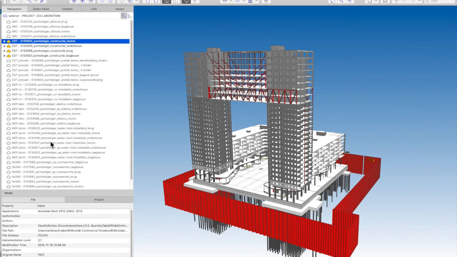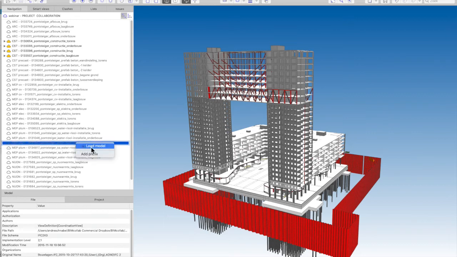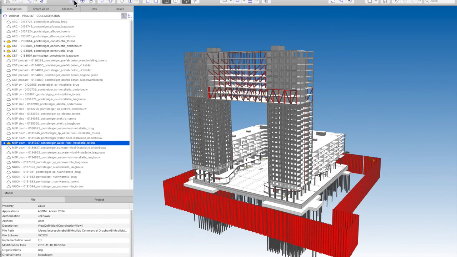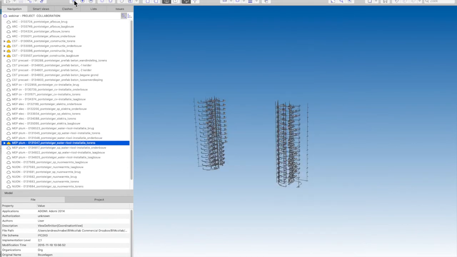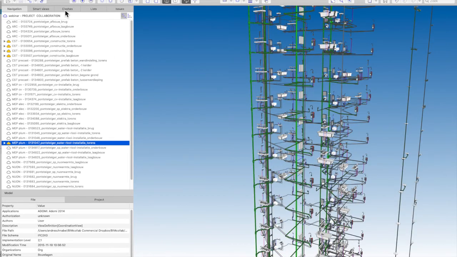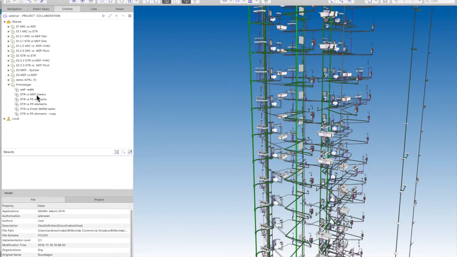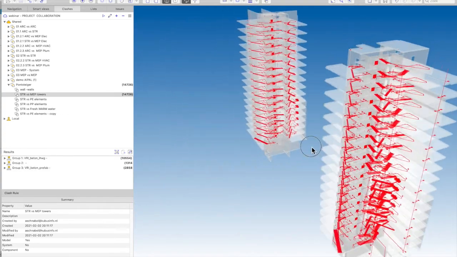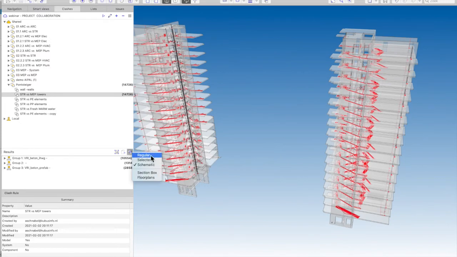And I can just easily go to my MEP plumbing model in this case and just load the model in this case directly from Dropbox. So no searching which model is the latest model. Inform your team, prepare the things that are needed for the team, and they can just start with their own checks. And you can also have the same clash detection here on either more global checks